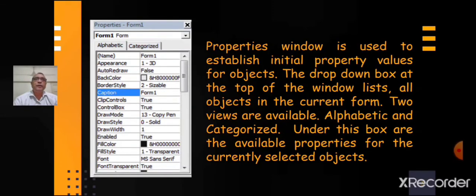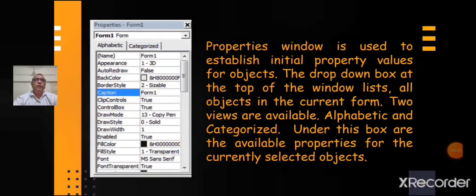Object here refers to text box, label, etc. The drop-down box at the top of the window lists all objects in the current form. Two views are available, alphabetic and categorized. Under this box are the available properties for the currently selected object.